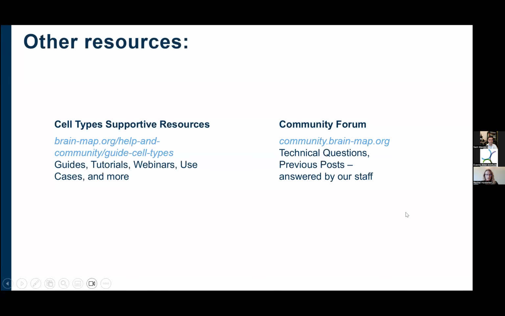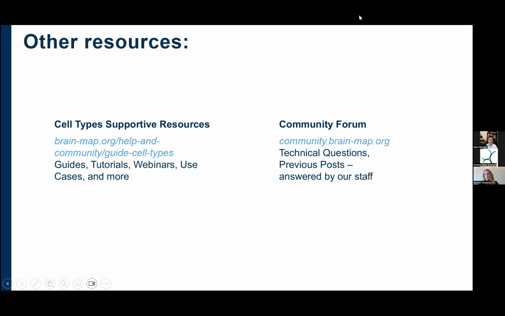So I do just want to highlight some other resources that we have at the Allen Institute for those who are interested in studying cell types, whether from an electrophysiological, transcriptomic, patch-seq, or morphological standpoint. We have resources to address questions about those data sets, and our protocols, if anyone has questions about how certain things are carried out at the Institute. We have a number of guides, tutorials, white papers, available webinars, use cases, data sets, and portals that are all relevant to today's topic. And we also have a community forum where if you have particular questions about certain data sets, how things were carried out,